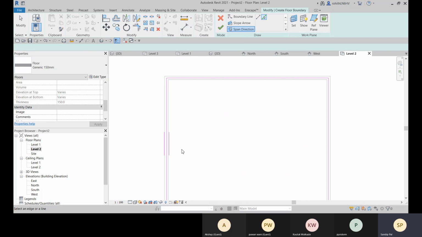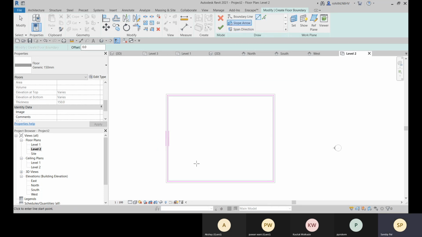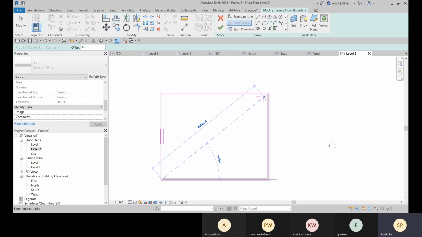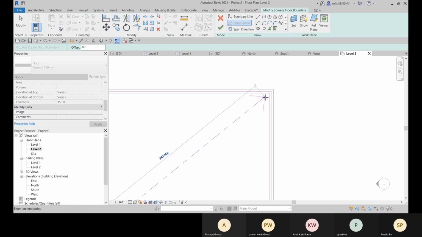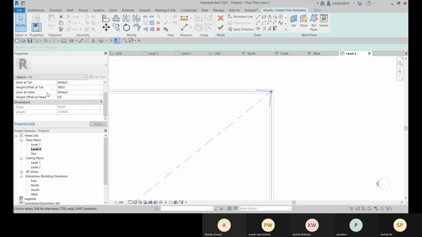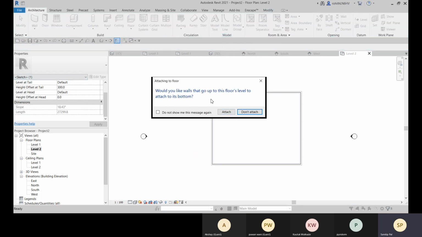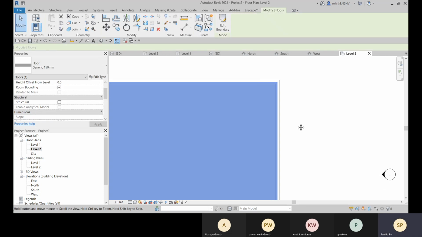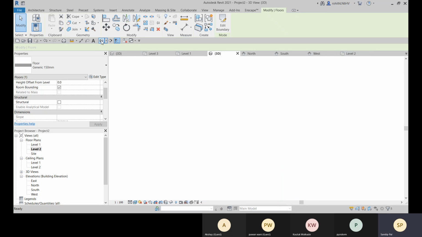So the span direction means your main bar will be parallel with this line. Okay, so that is the span direction. Now you can go with this slope arrow and define that this is going to be the slope to this side. You are applying slope. Okay, and now let me show you the default, and it's asking, do you want to attach? Let's go for attach. All right, now let me show you 3D.